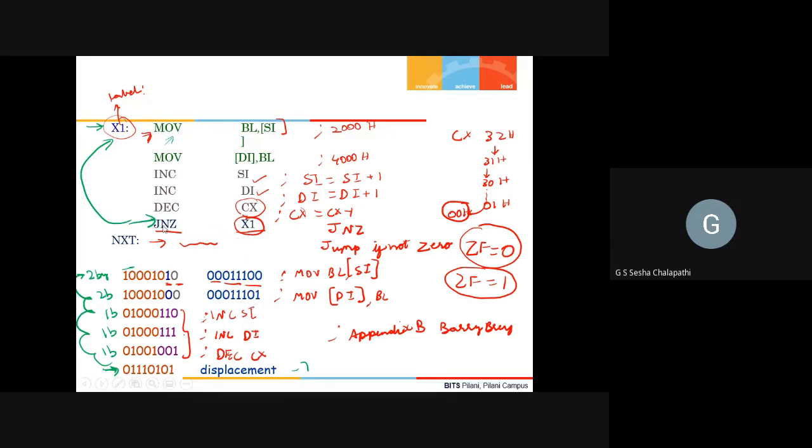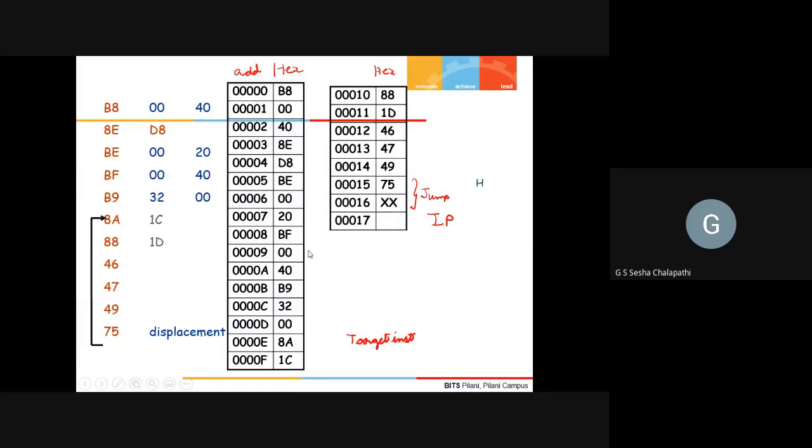So it will ask what is the displacement. With respect to this, we have to check what is the displacement. Now the instruction pointer is here, and the next instruction has to be fetched from 000E. This is the place of MOV BL, comma, this thing, where it has to jump to.